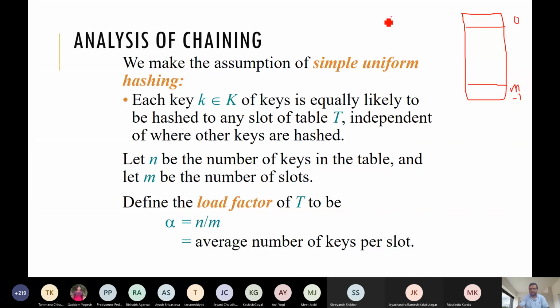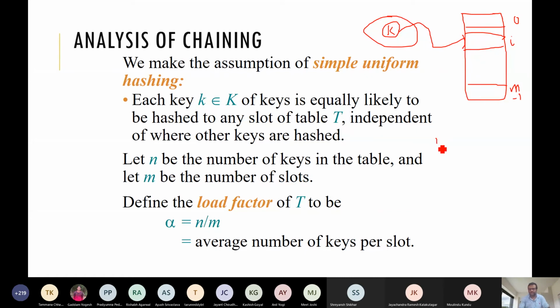So now if you take a key over here, so this is our key. If we take a key over here, the probability that it will map to the ith slot is 1 by m. That is the meaning of this, equally likely. The probability of h of k being i is 1 by m. That means any key you take will map to one of these slots, and they are equally likely.